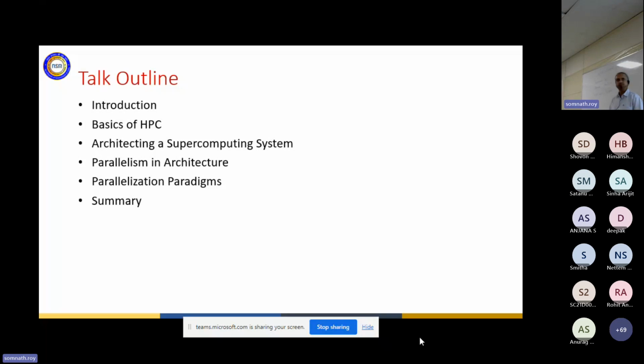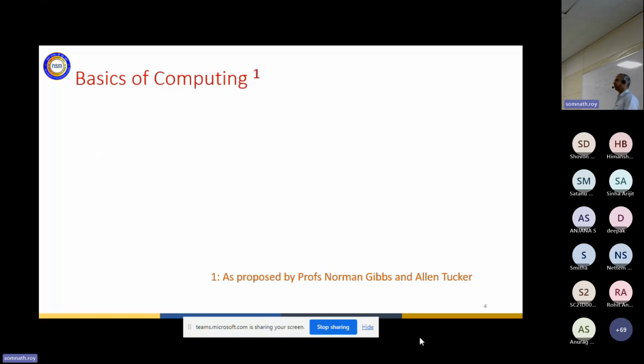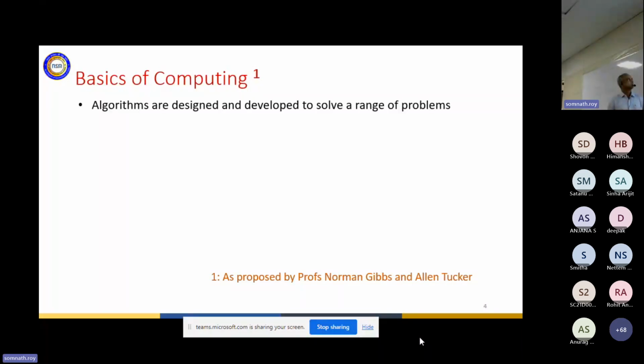So with the introduction, we'll begin with the basics of computing as stated by two professors, Norman Gibbs and Alan Tucker. The same thing was mentioned by Professor Chakravarti, that you should get to the basics of things. Getting to the basics is very important because only when the basics are clear can you build upon that. So they have said that algorithms